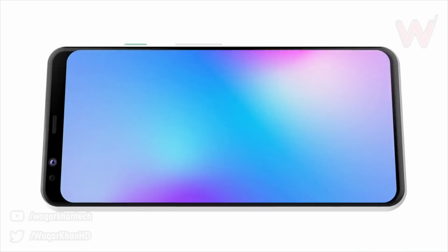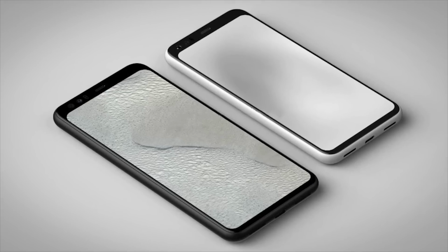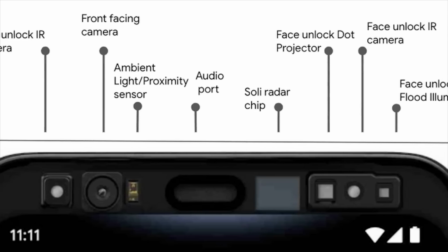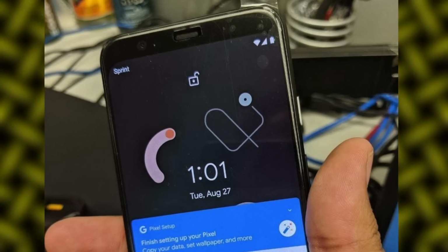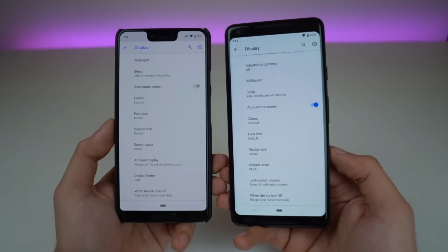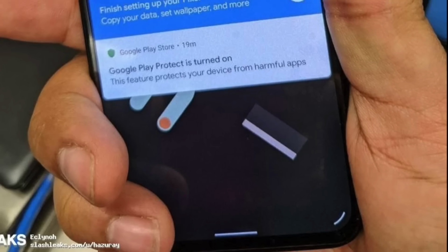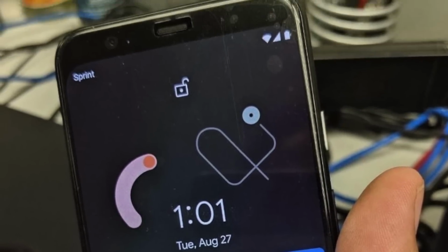Both variants of the Pixel 4 will have a pretty big top bezel to accommodate a number of sensors, including the Project Soli radar chip, along with the front camera. It's definitely not going to be the most beautiful smartphone of the year, but it's a lot better compared to the Google Pixel 3 XL's ugly bathtub notch. The forehead of the Pixel 4 family will have motion gestures, and for the Pixel 4, it's confirmed that it will